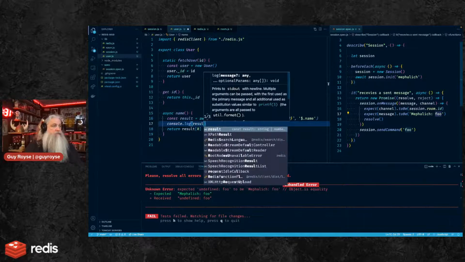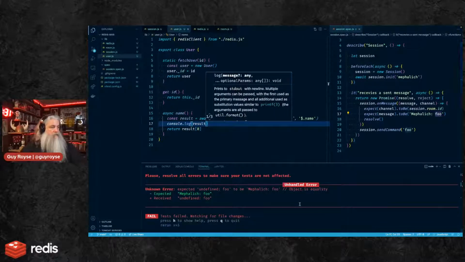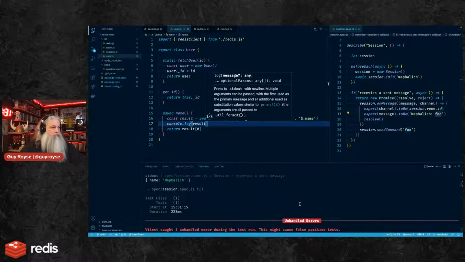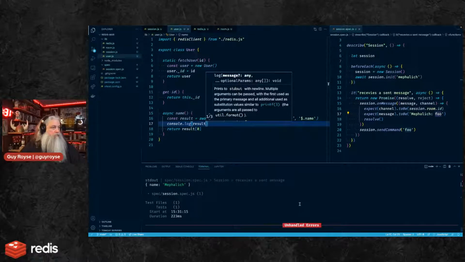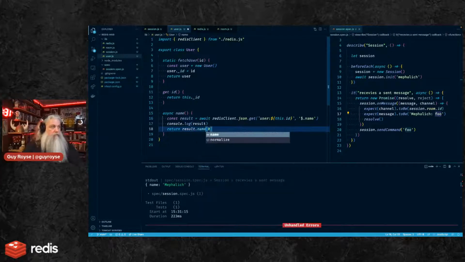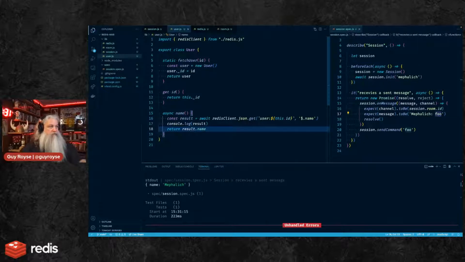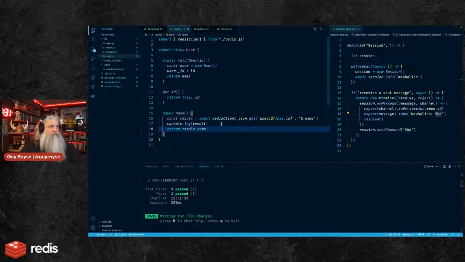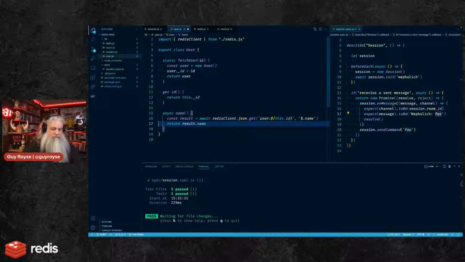What's in the result? Oh. Okay. I thought it was returning an array.